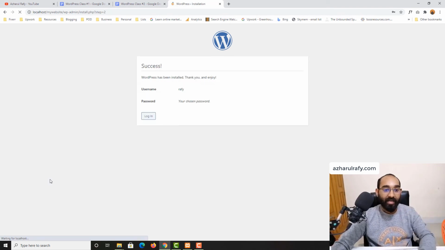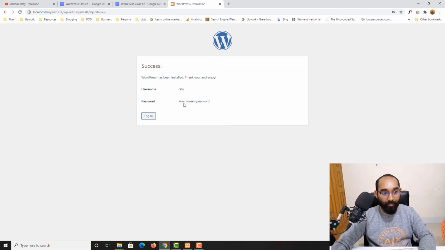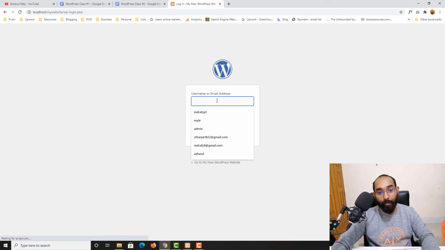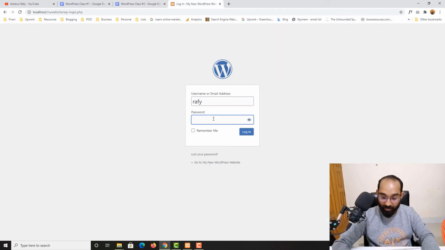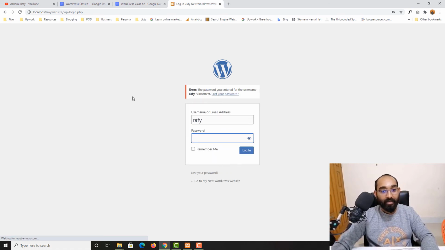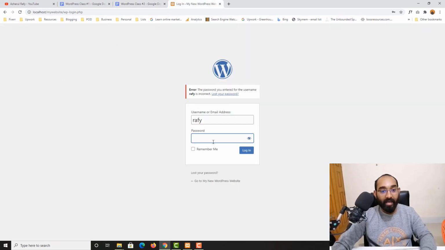And here we go, success, WordPress has been installed, thank you and enjoy. It's time to log in to our WordPress backend. So let me just click on login, and then we have to provide the username which we have created, Rafi for WordPress, as you can see, and here's the password. So I'm going to type the password here, 123456789, and then @. Now if I click on login, oops, the password is incorrect, so I made some mistakes. So let me just copy and then paste it here. Now let's click on login,